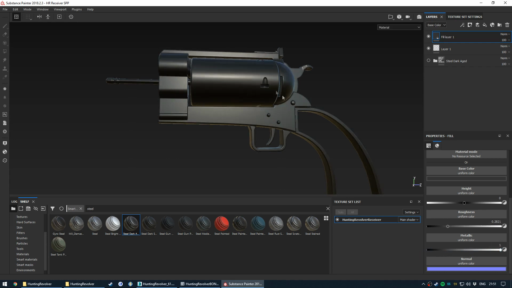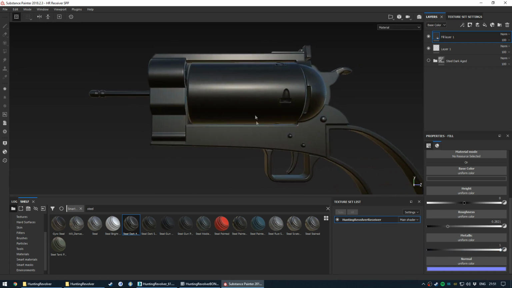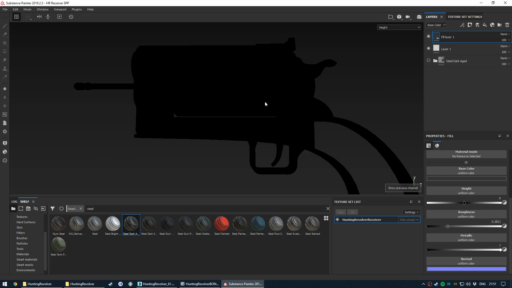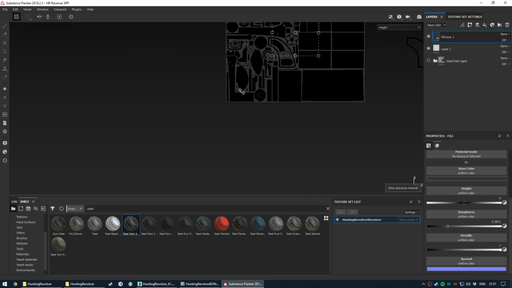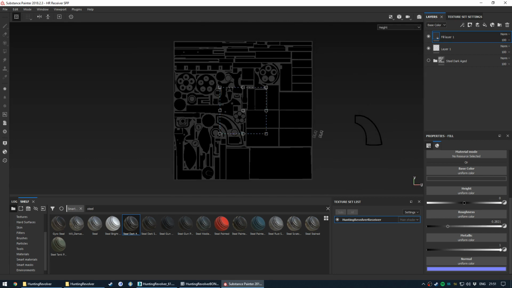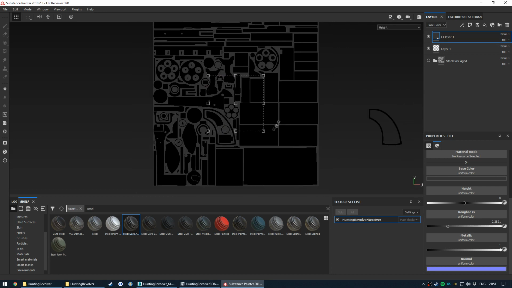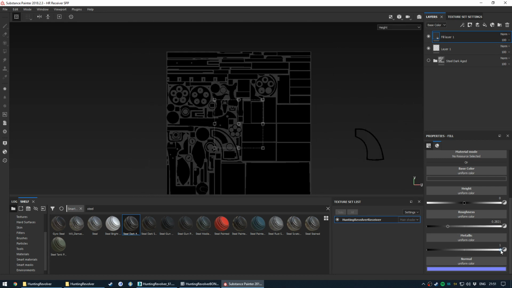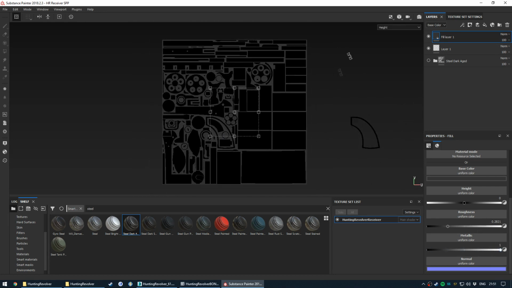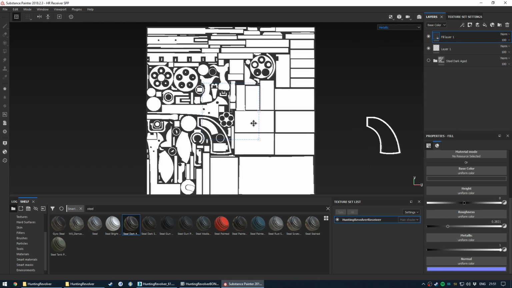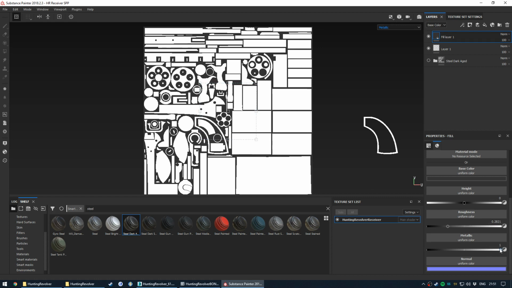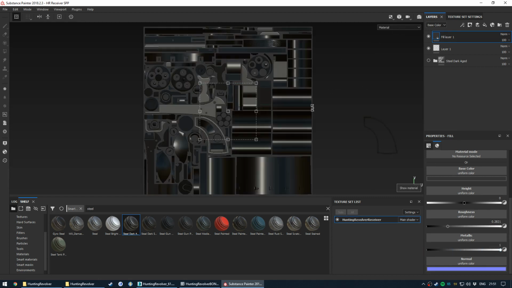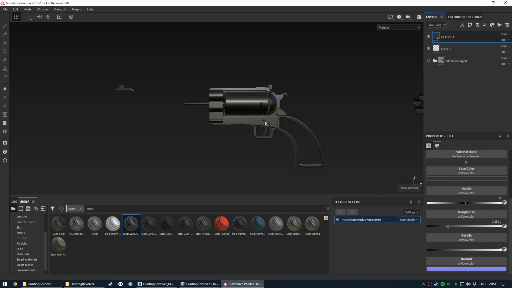So a metallic map, if I change the view type by hitting F1, F2 or F3, we can see that if I go to the metallic layer, it should be either black or white conventionally. So M, F2,